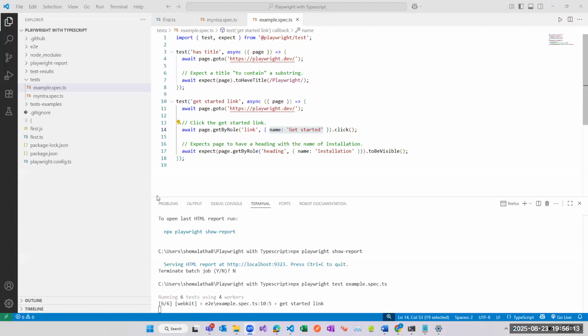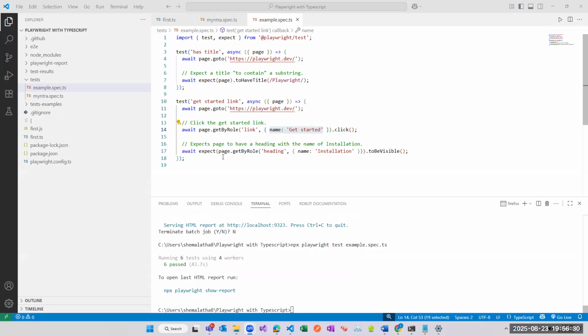So in a simple way, we can work with this step by step. First, to work with Playwright, you have to go with TypeScript. All the basics you have to learn, and also you have to learn the OOPS concepts. Then only you are supposed to